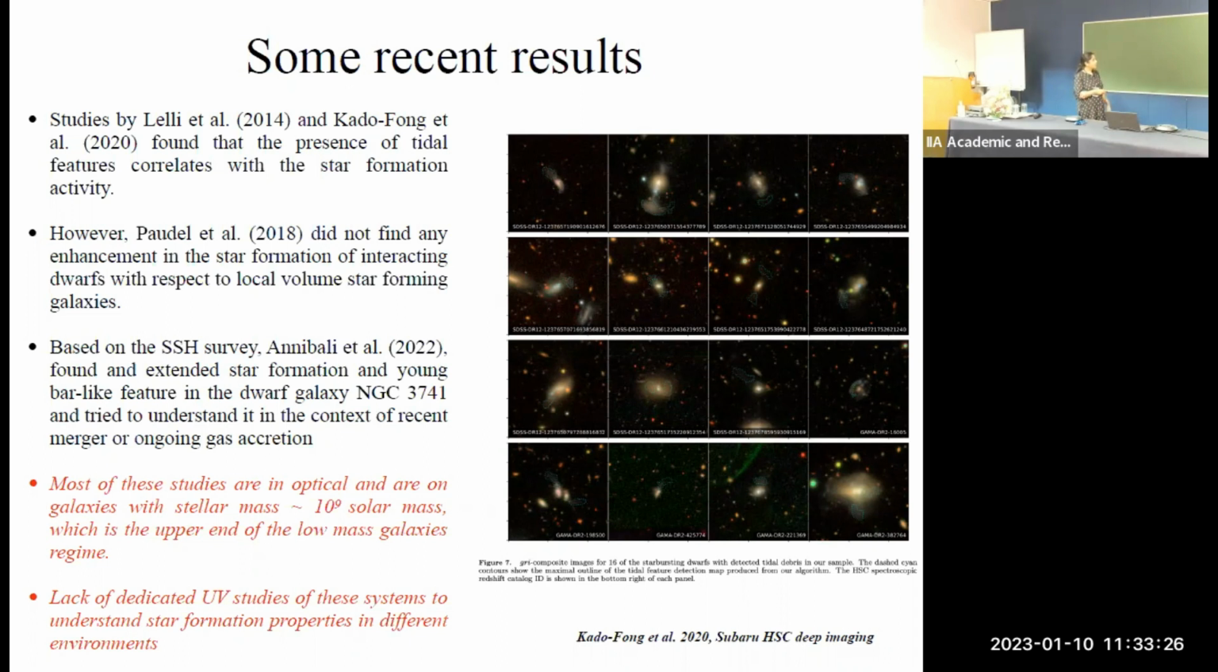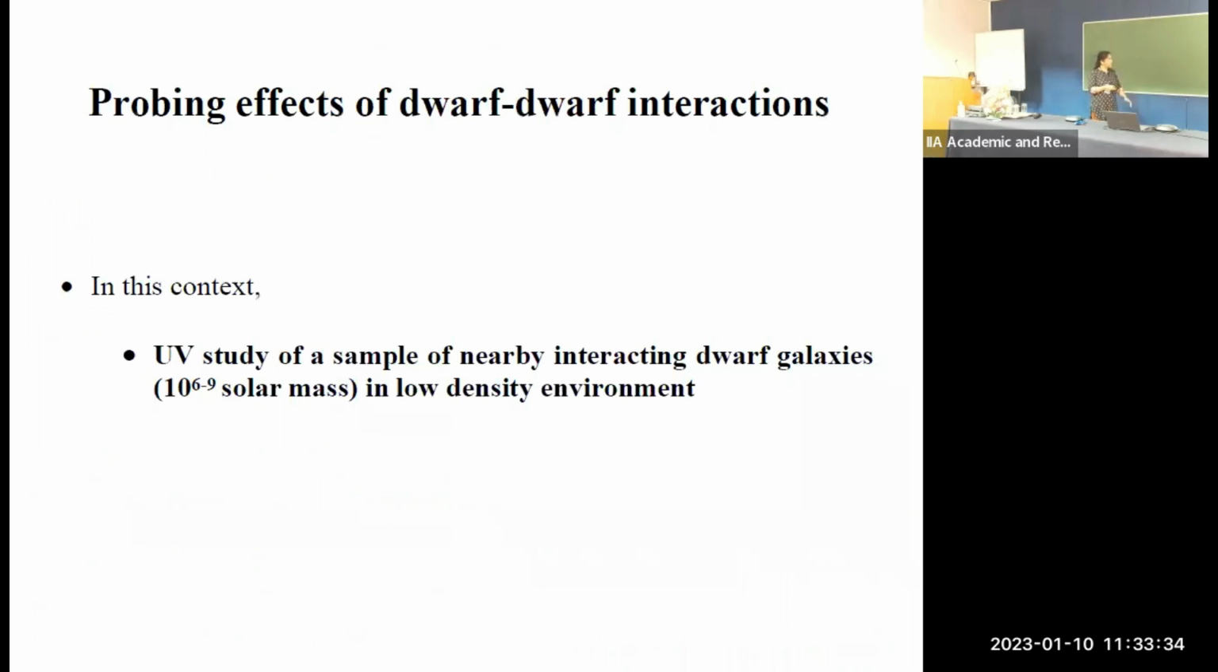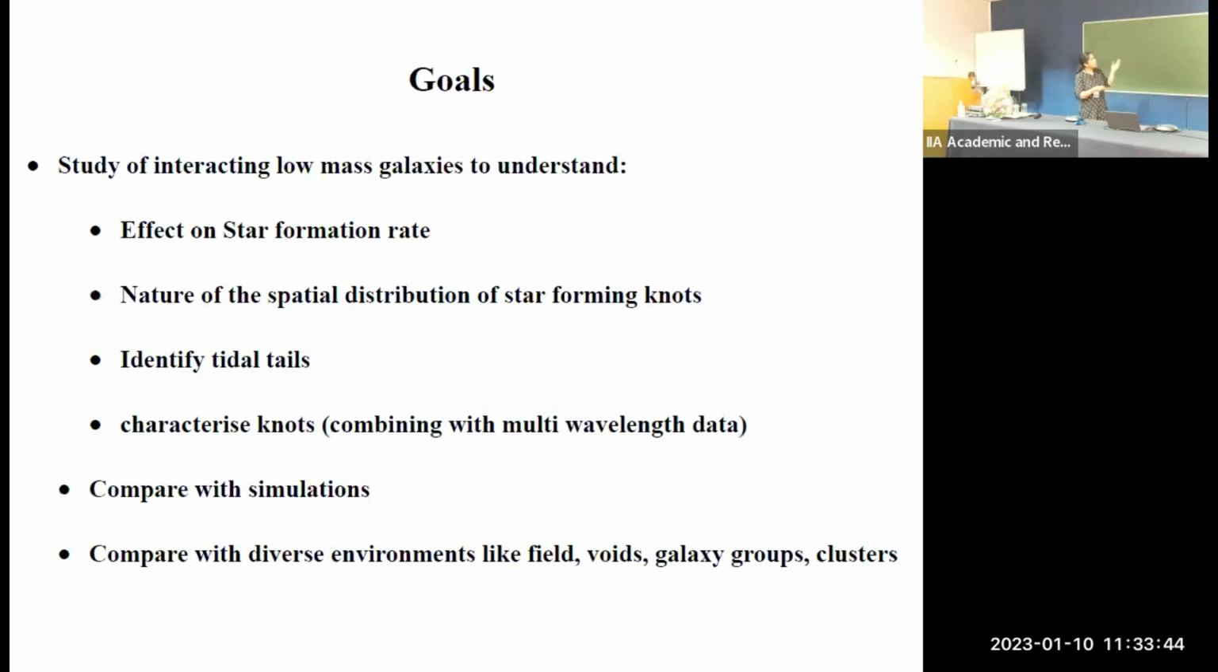They lack dedicated UV studies of these systems to understand star formation in different environments. So in this context, we started a UV study of a sample of nearby interacting dwarf galaxies in this mass regime in low density environments. The long-term goal of this project is basically to understand how interacting systems are reflected in star formation rate,